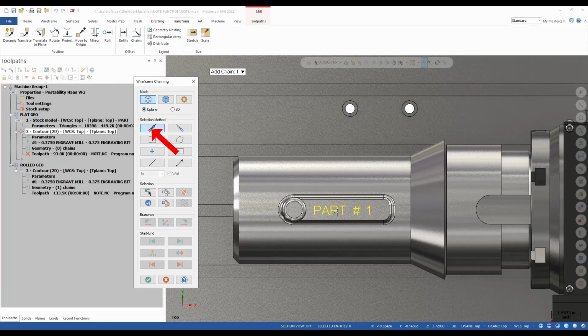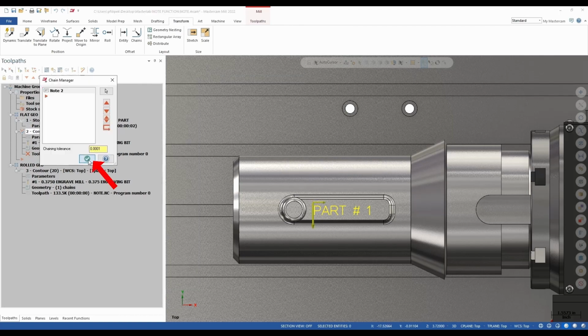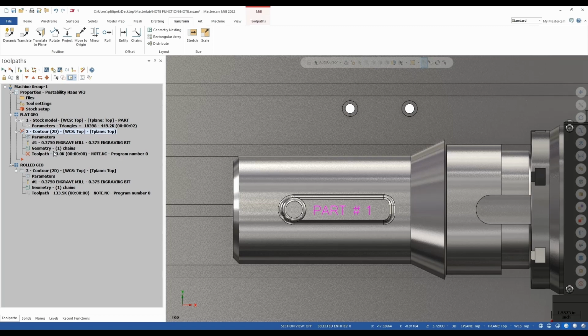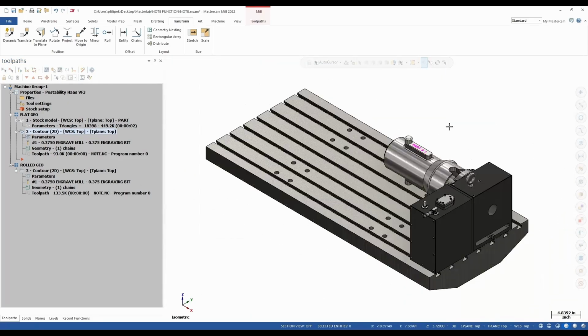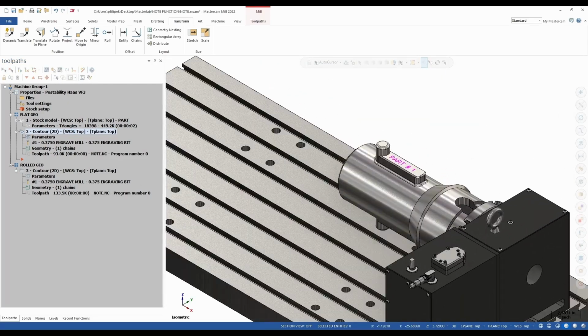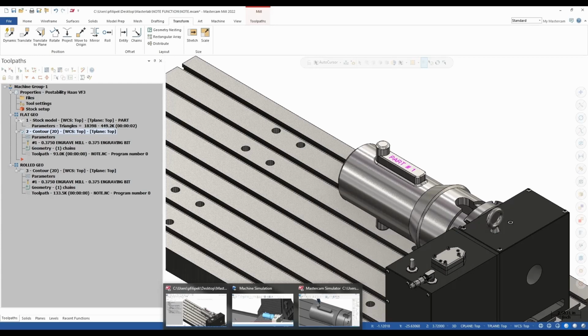As soon as I hover over the note that I have on my part, you'll see that the whole thing highlights. All I need to do at this point is left click on it. I'm going to green check out of my selection, green check out of my add chain, and regenerate this. Now we have a toolpath on here to engrave part 1 onto the part. So if I take a look at this and verify,